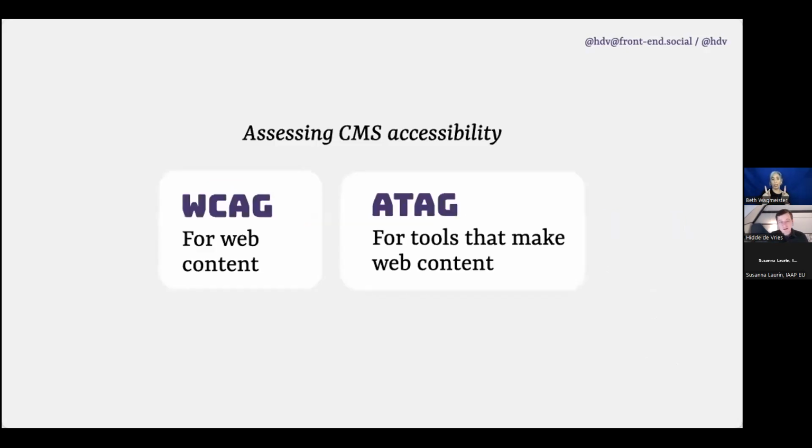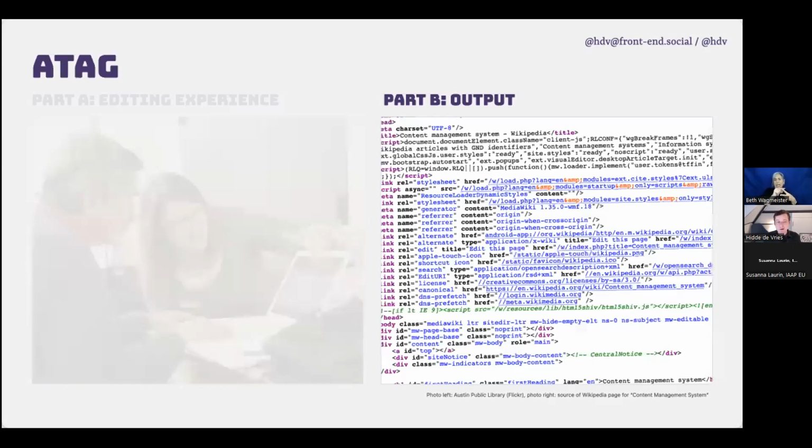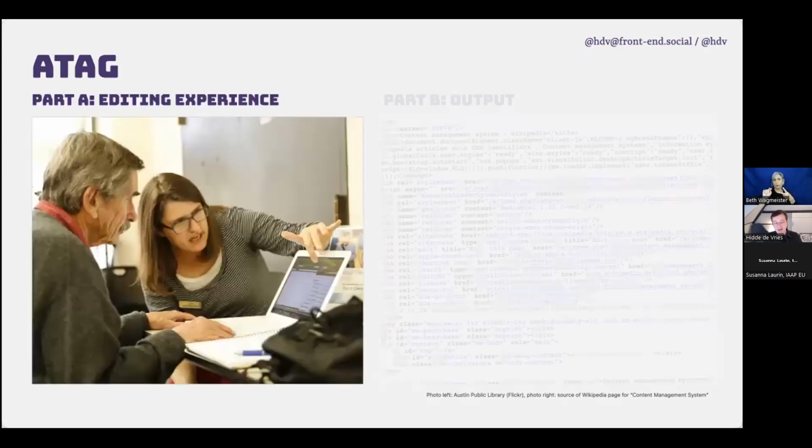Okay, so as mentioned, there are different standards you can use. We ended up using WCAG, but ATAG is just as important when we're talking about authoring tools. And I want to give you some information on what is in ATAG. It has two parts. One is about the editing experience, part A, and then there's another part about the output. So the editing experience is basically where someone goes in to edit content. It is accessibility for content editors, to make sure that if you are a university or a government or a company who needs to hire people for the content department, you can also hire people with disabilities, because if your CMS isn't accessible, you can't do that, and that would be really bad.